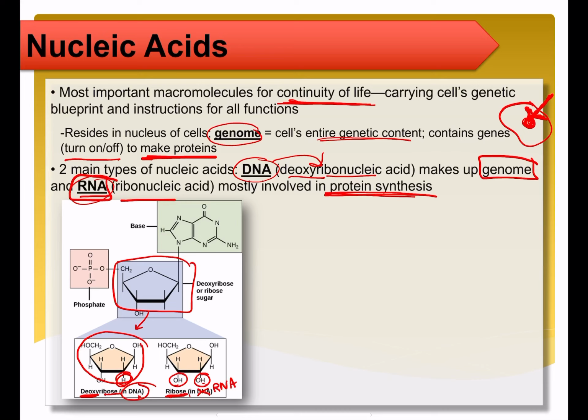So in DNA, only one of the carbons is attached to an OH group. One of the carbons is attached to an OH group, and the other carbon is just hydrogen. For RNA, both of these consecutive carbons are attached to an OH group. So that's why it's called ribose versus deoxyribose. So that's the difference between